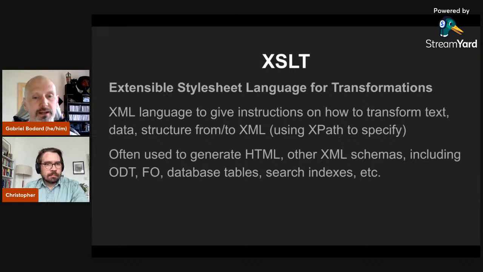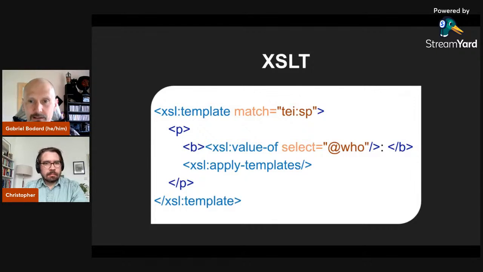Database tables, which often have an XML instance of them, search indexes, and all sorts of things. So you take an XML file, that's a TEI XML file in our case, and you can create some other kind of XML from it using XSLT to transform that. So an example of a relatively simple template in an XSLT style sheet